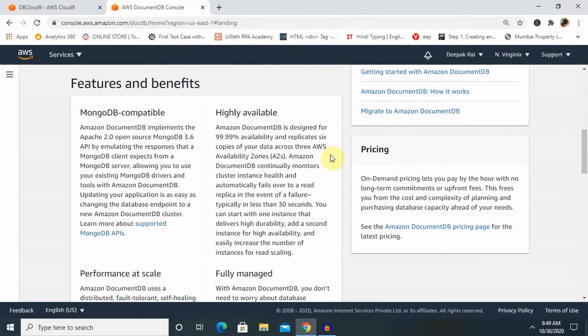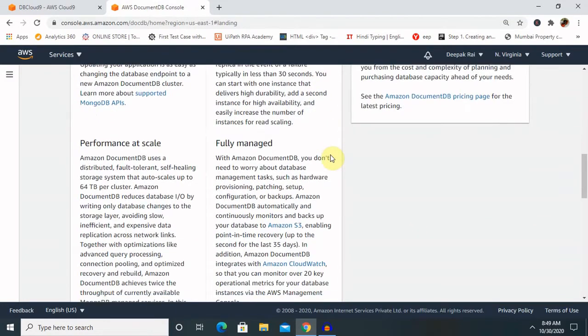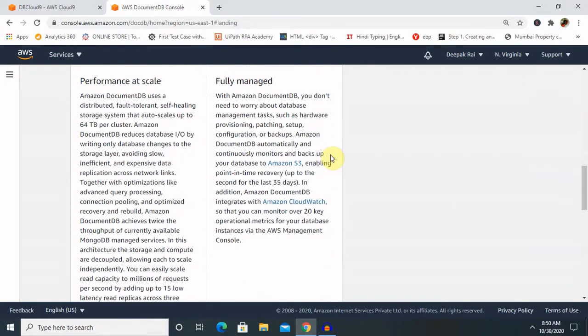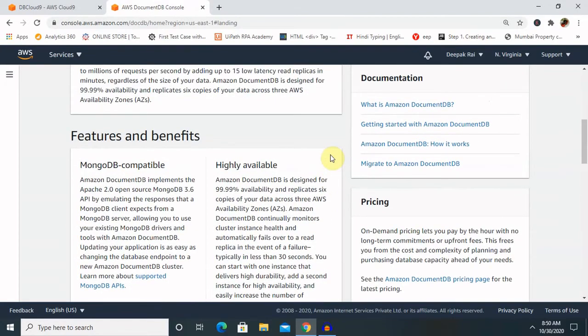MongoDB compatibility, highly available environment, performance at scale and fully managed. So let's understand the benefits in depth.